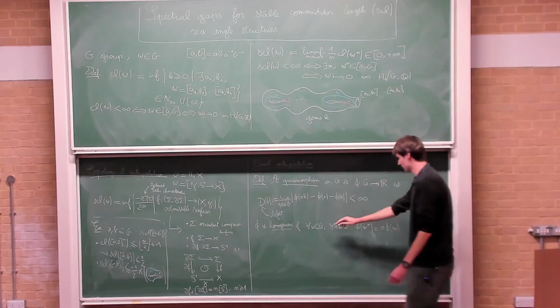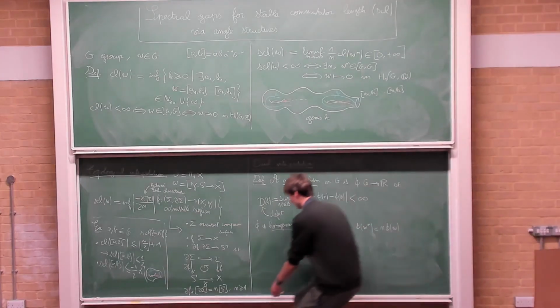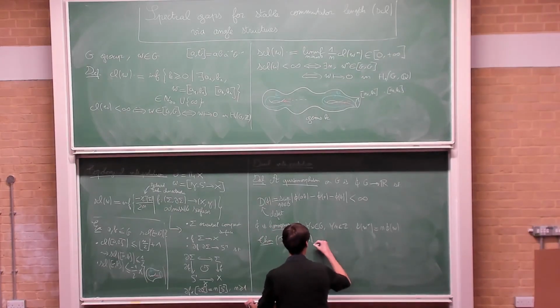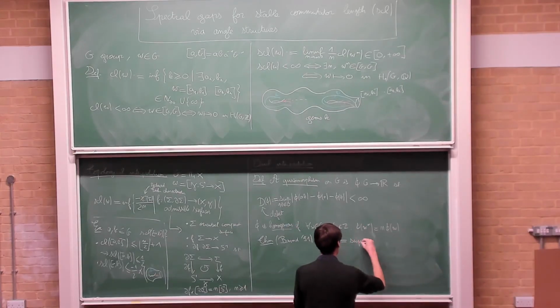So phi is homogeneous if when you restrict to cyclic subgroups, you get an actual homomorphism. And the theorem is due to Christophe Bavard from 1991 and says that SCL of W is equal to the supremum over phi homogeneous quasimorphisms with defect d phi non-zero of